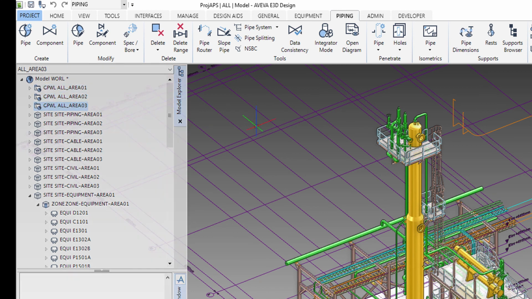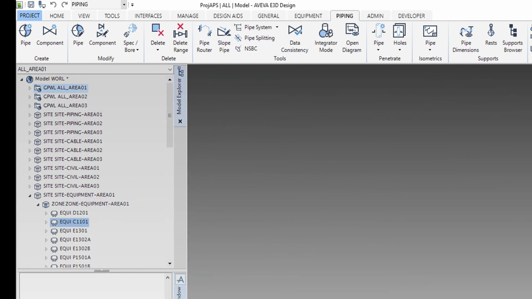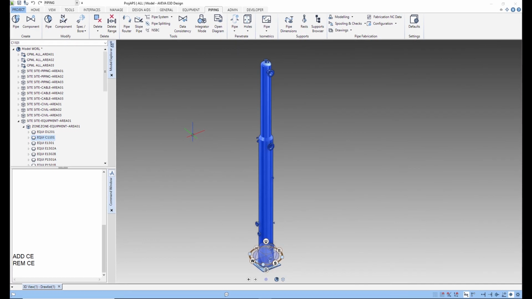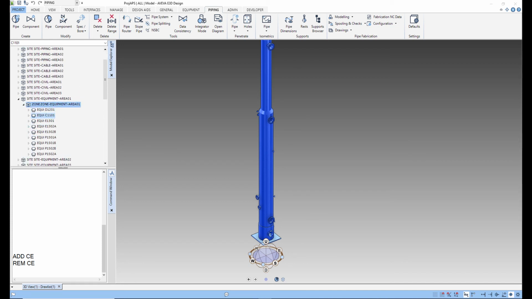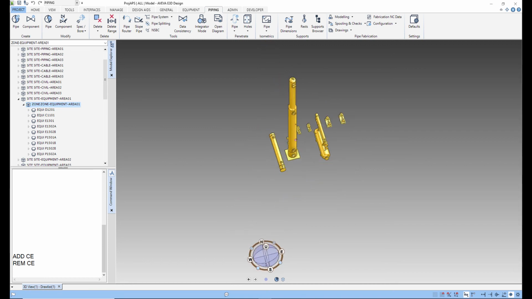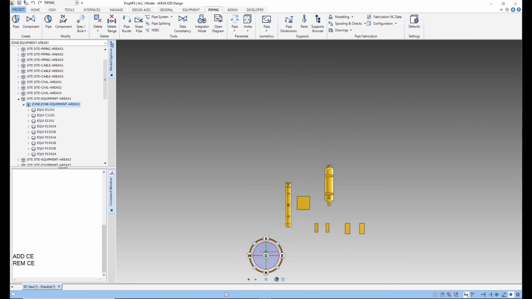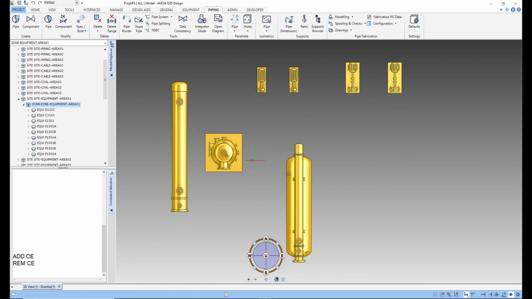So what you can do, again you can go to group world, 3D view. You can remove the items and keep only the required item. This was the required item. Suppose I want to work on one column only, you can add that particular column and you can work. If you want to add all equipment, here you can see all the equipment is available in one zone, so you can add this whole zone. If you are doing equipment layout, you can add all the required equipment and start your work.